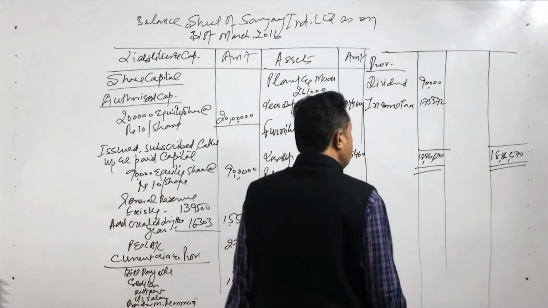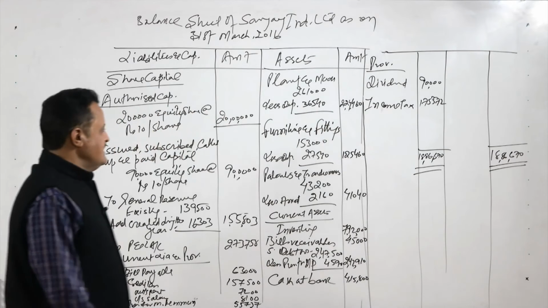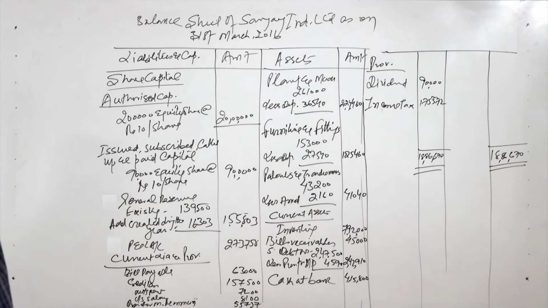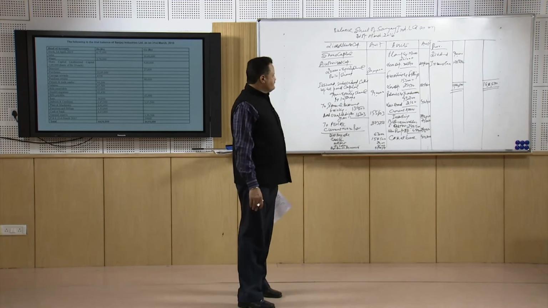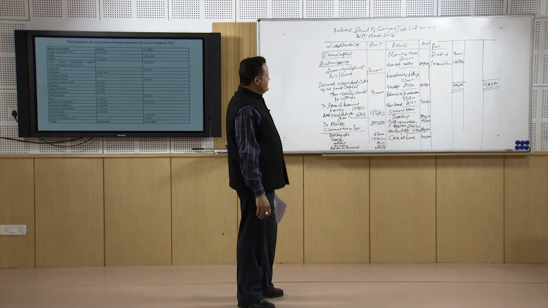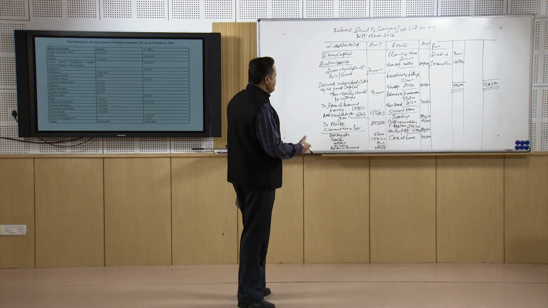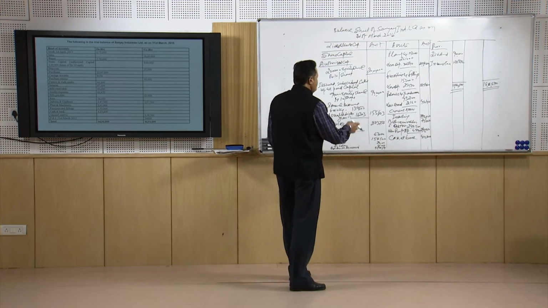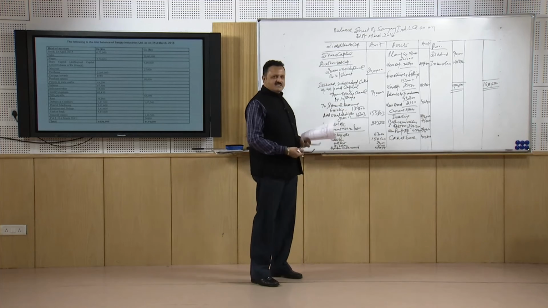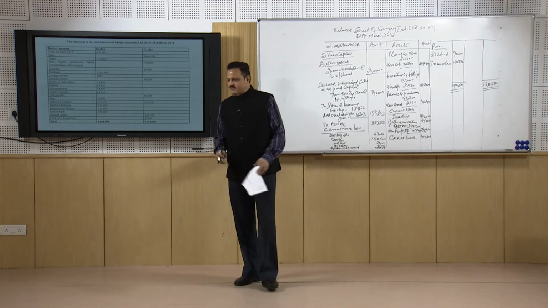So 18 lakh 86,670, this is 18 lakh 86,670, similar is the liability side. So if you look at the balance sheet of Sanjay Industries, it means it is a balanced document, and